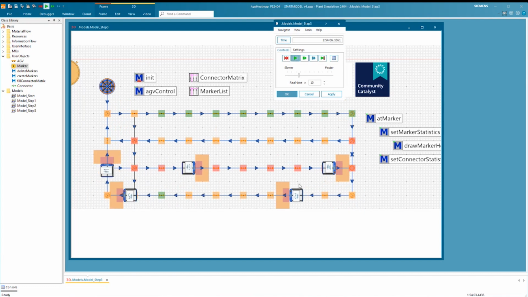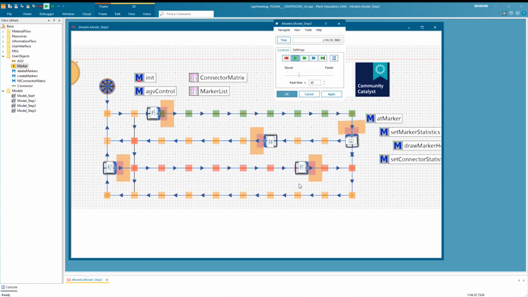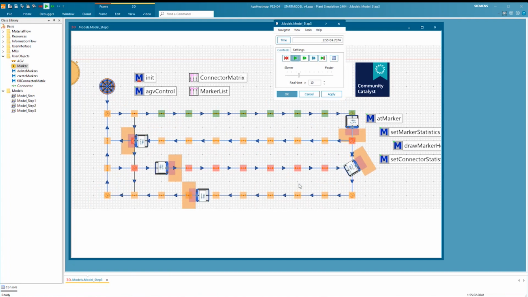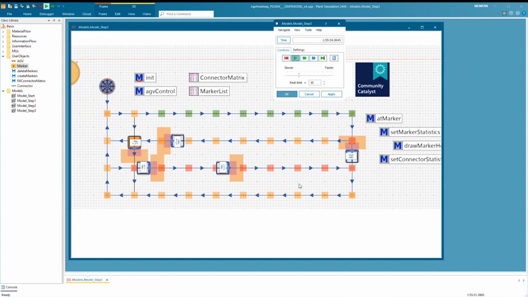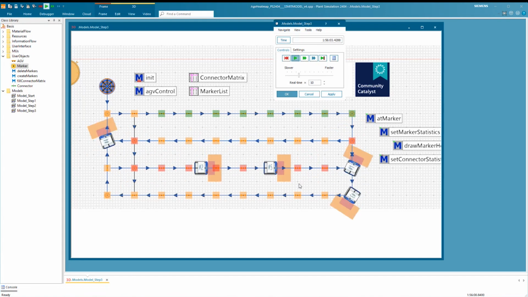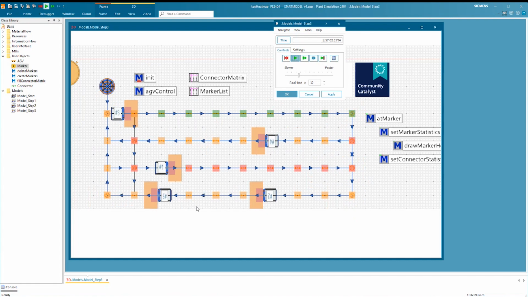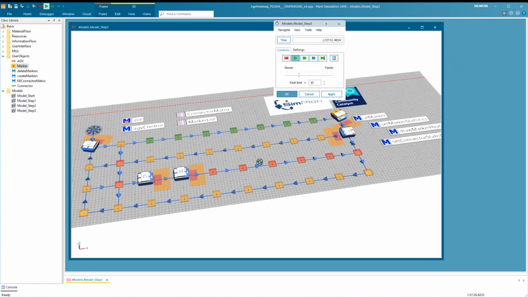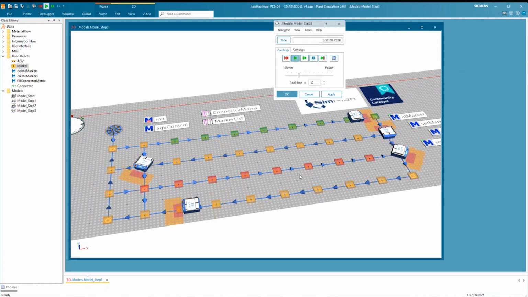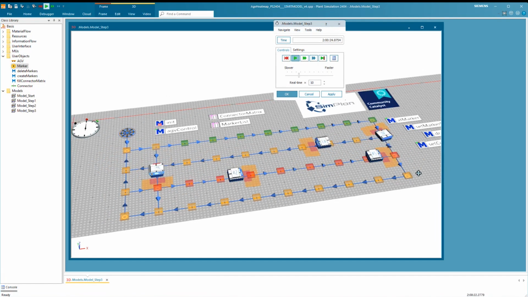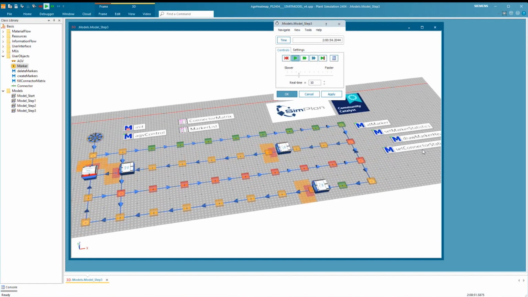So with this approach, every marker has to be passed 1 time before I can see its visualization in the layout. But of course, you could implement this differently. In this layout, it doesn't make that much of a difference because after a few minutes, every marker has been passed at least once. And you can see now that they use these different colors. Whatever you use as the scale depends on maybe you have a scale that you have to use, or else there's some flexibility. Of course, if I want to have a lot of green in my layout, then I would use other values than 80 and 130. But you can change this in the method.